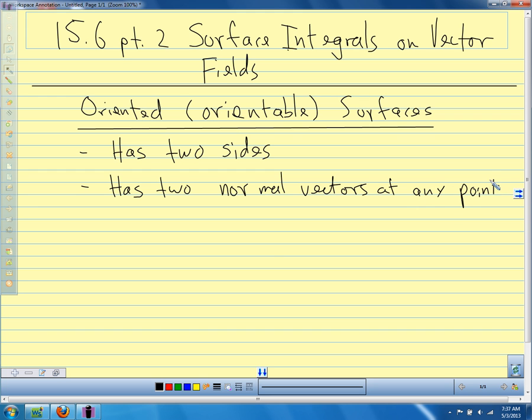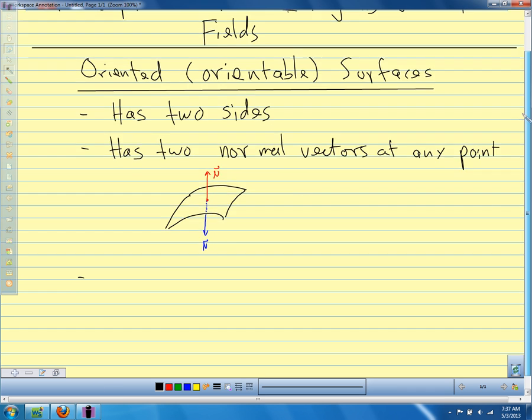So if we're looking at a quick sketch of what we're talking about, here's our surface. At any point, we have a normal vector this way, and we also have a normal vector this way. So this is what makes an orientable or an oriented surface. And if we were being a little more formal about it, we would say that a surface is orientable or oriented